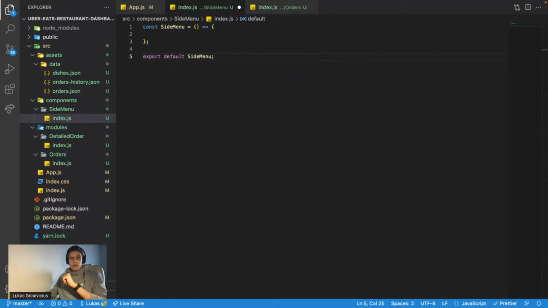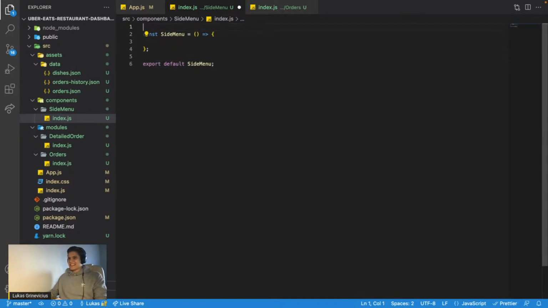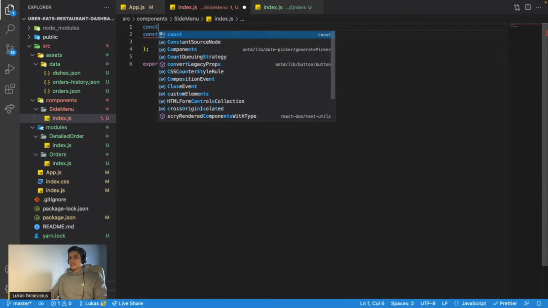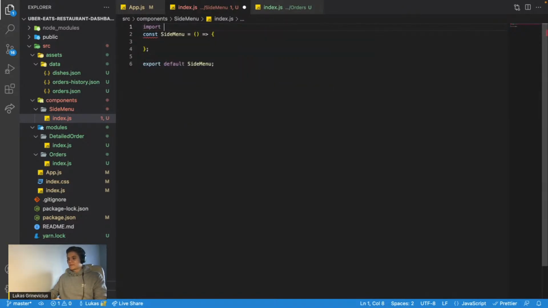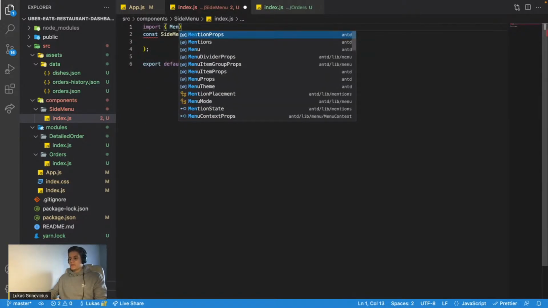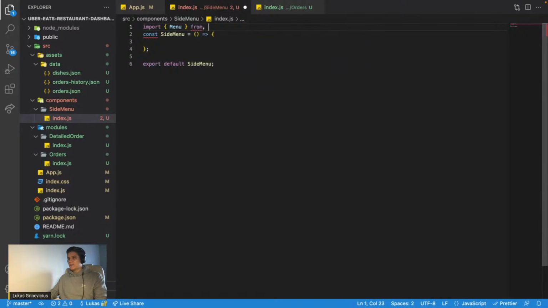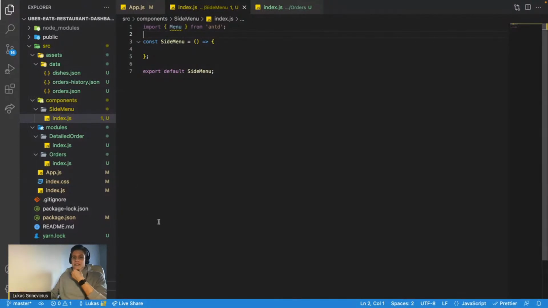So for side menu, we will also make use of Ant Design. So let's import Menu from Ant Design. Okay. So for now, let's leave it only with Menu and